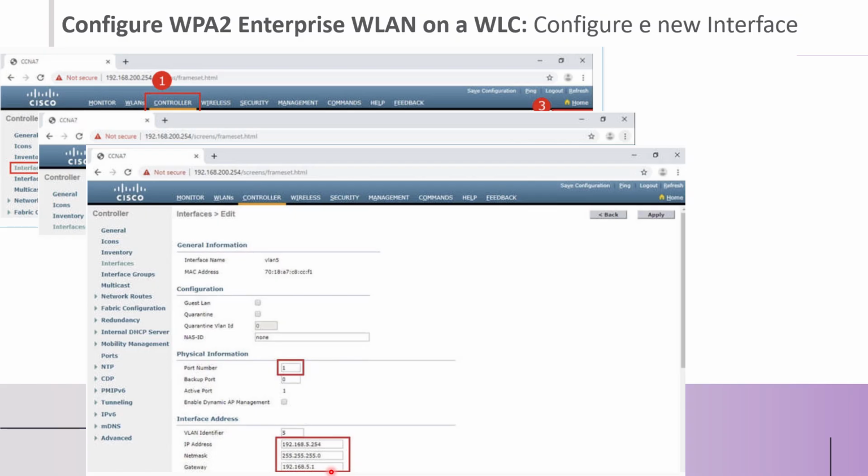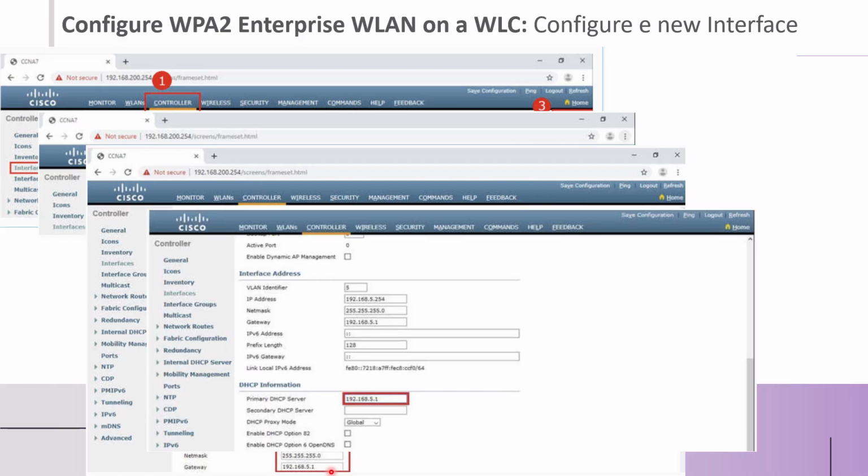And after we are done with this, we have to configure the DHCP server address. So we go down to the other part where the DHCP information is, because in a larger enterprise, the wireless controller will be configured to forward DHCP messages to a dedicated DHCP server. That's why we have to scroll down to the DHCP information,